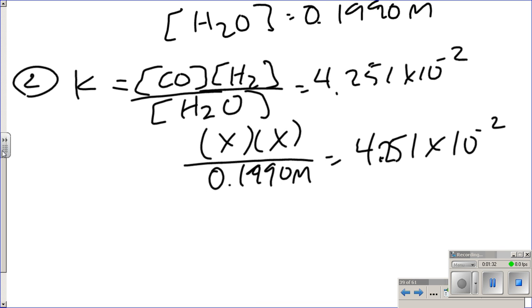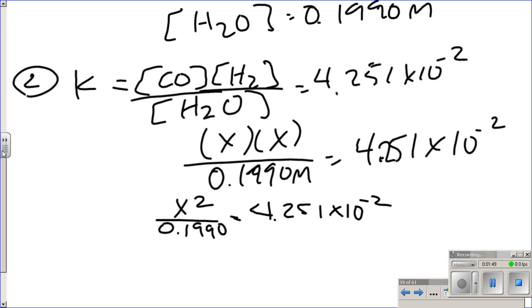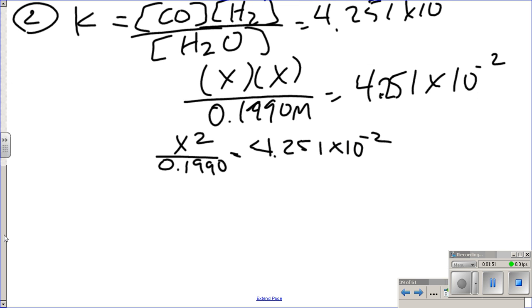Math, yeah. So the CO for carbon monoxide and hydrogen gas are the same, so you can put squared next to x. So this is x squared over that. Yeah, and then you multiply the denominator. And then square root it. Okay, so I'm not going to go through all the math every time, but I'm just going to make sure I can talk it out. Multiply by the denominator on the other side, square root, you get x is equal to carbon monoxide, which is also equal to hydrogen gas, which is equal to